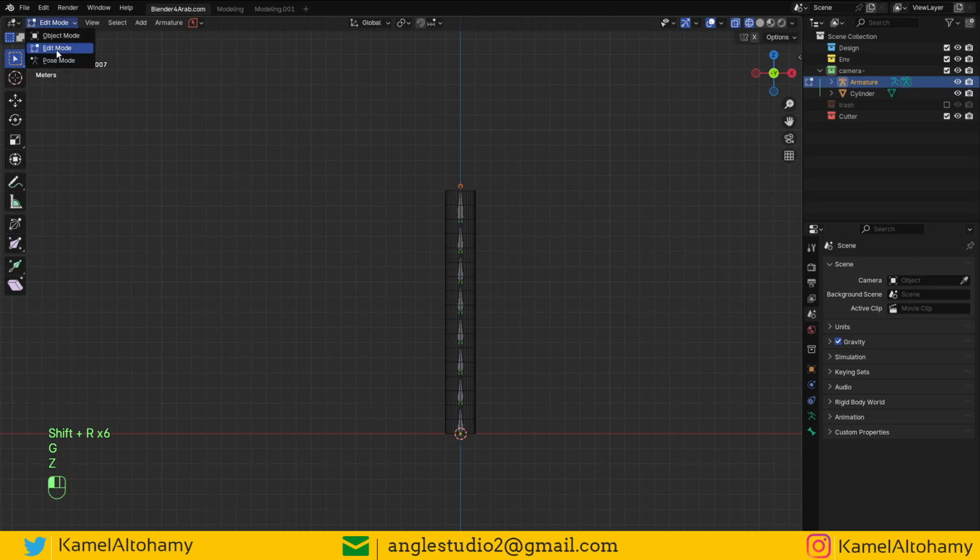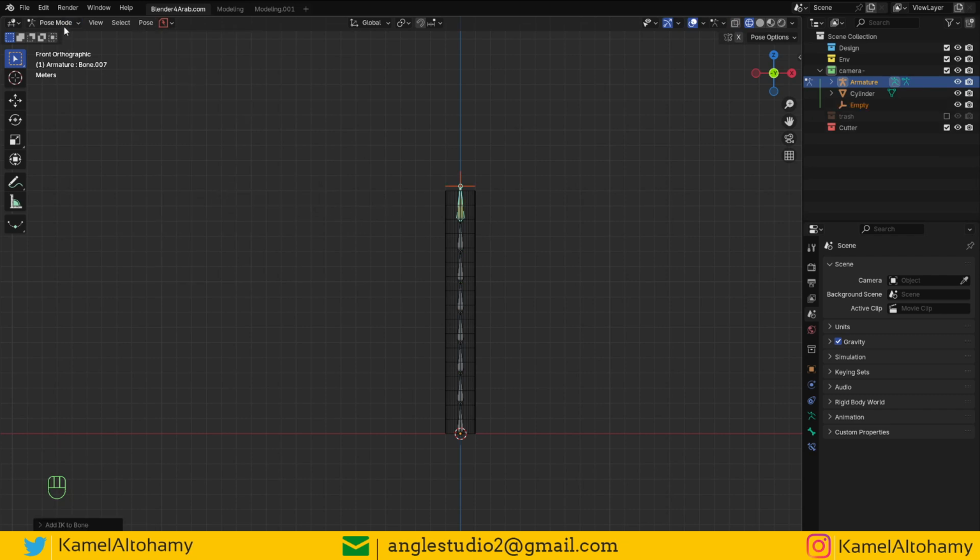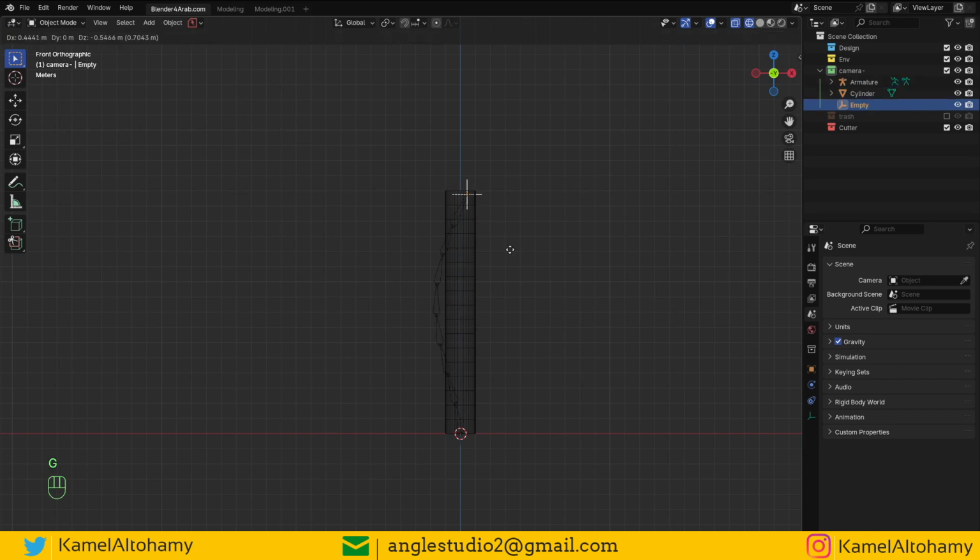And after that, go to the pose mode and select this bone, and pose inverse kinematics and add IK to bone. If you go to the object mode easily, you can see that we can have an IK, and one simple step,